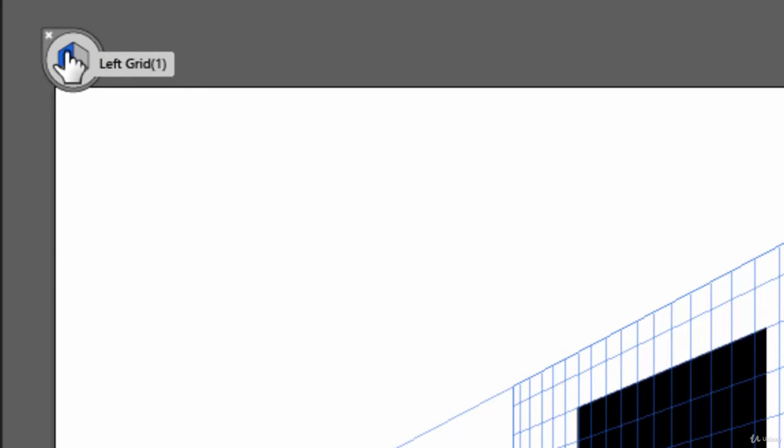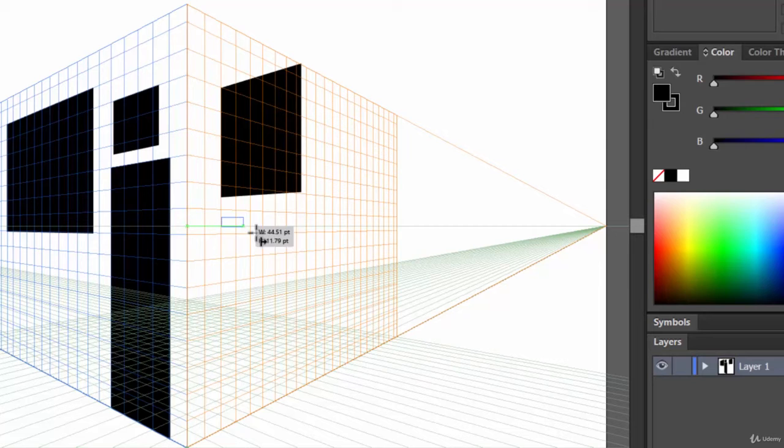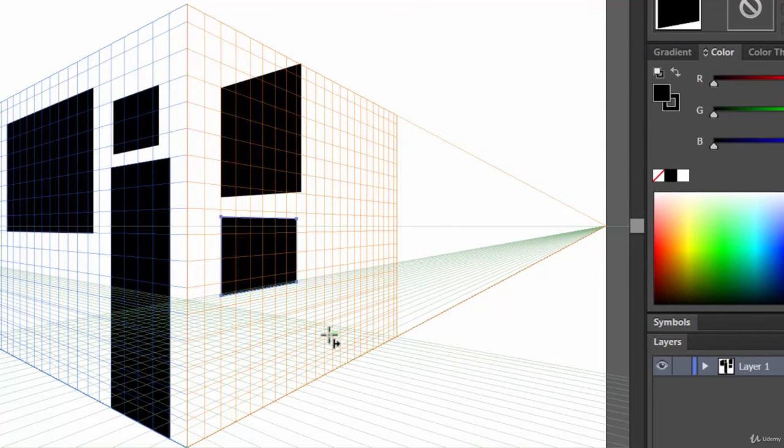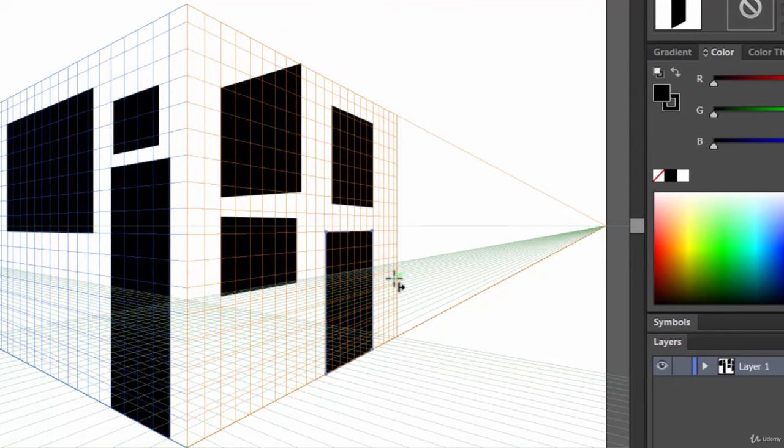If you hover over it, it's showing that it's the left grid. Let's try to select this right grid. This is the one, and now this plane is selected. Now let's draw a window here. Let's draw another window here, and now it is matching the right side grid, isn't it? Let's delete this one.